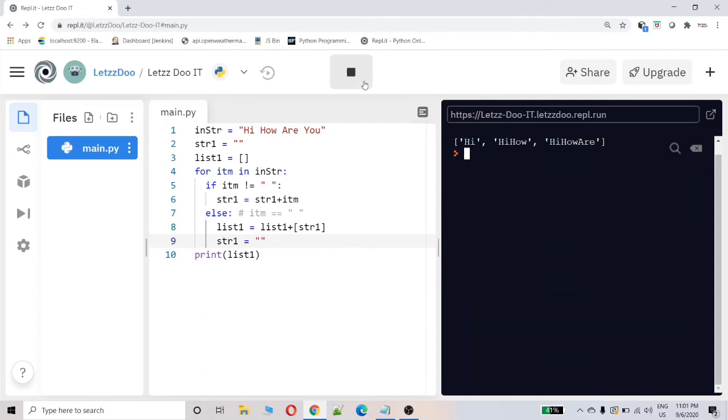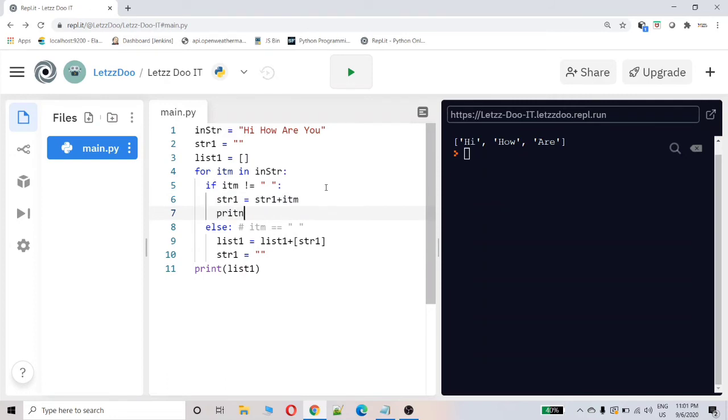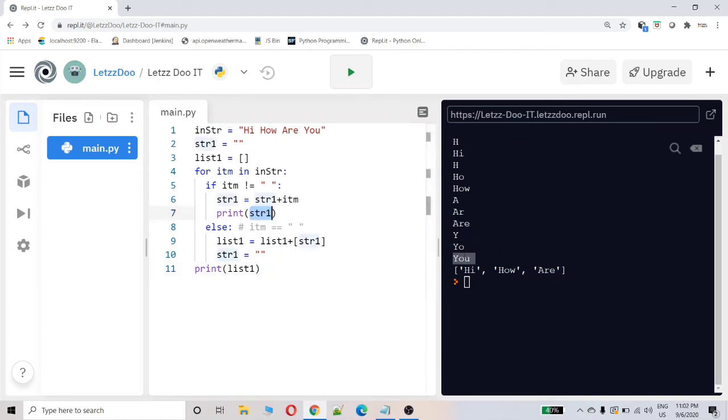Let's print. Yeah. Now we are missing u. Let's understand whether str1 is having the u or not. Here I print str1. You can see str1 is having u, but it is not added into the list1. That is because after u we are not having the space to make this condition hit.